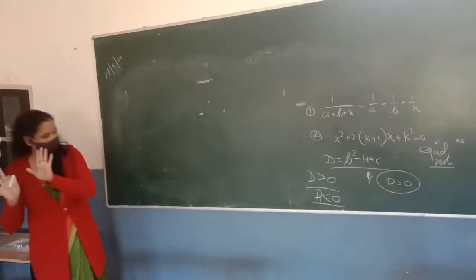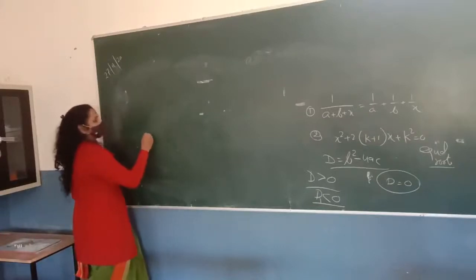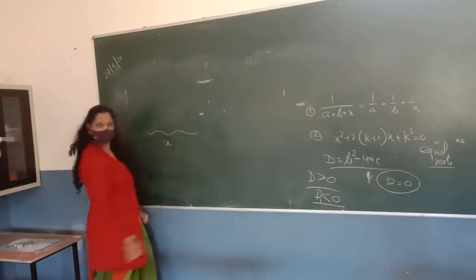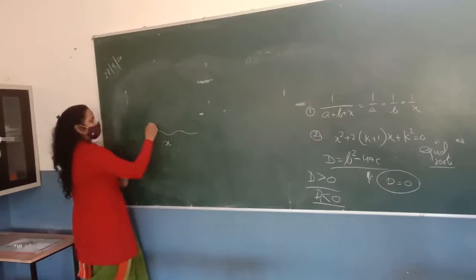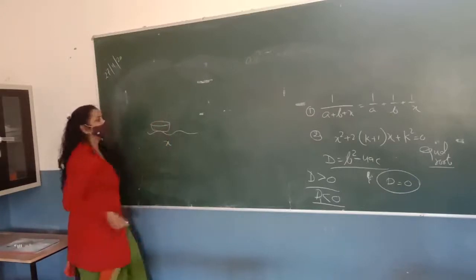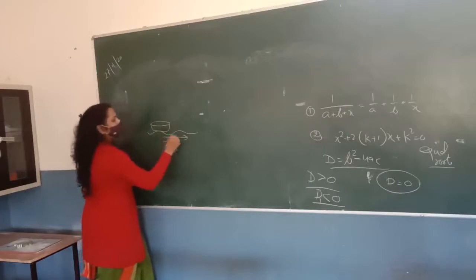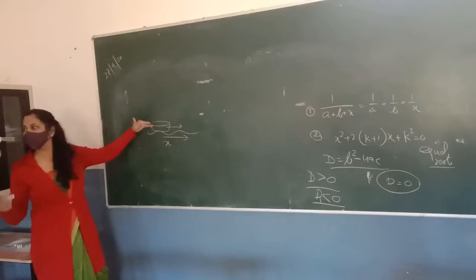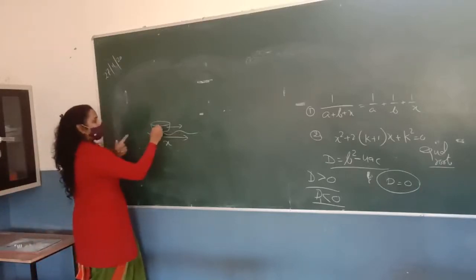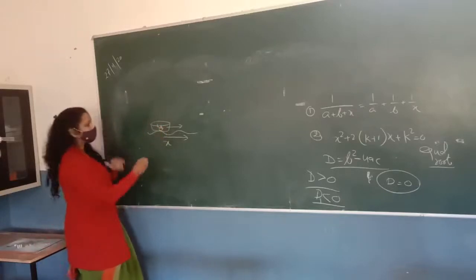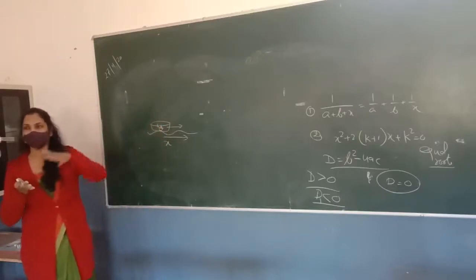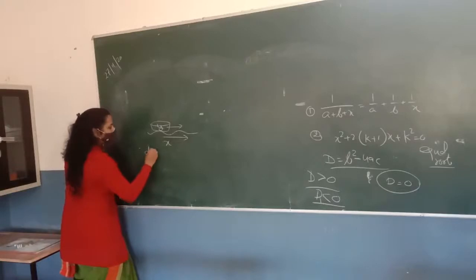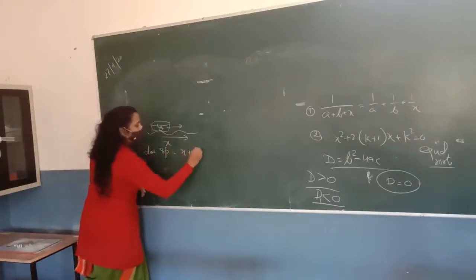First of all, just try to understand what I am explaining to you. Suppose this is a river, and the velocity of the river is x kilometer per hour. And this is a boat. Now imagine if this boat is rowing in the direction of the river, its speed should increase. So I can tell you that the speed of the boat is y. When the boat is going downstream, towards the flow of the water, the speed of the boat is x plus y.